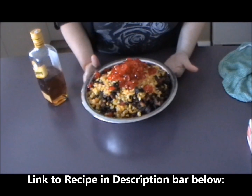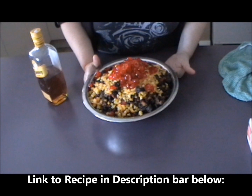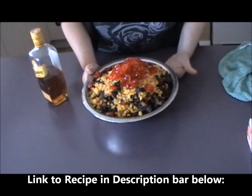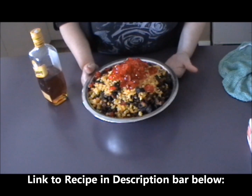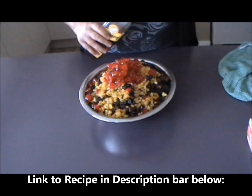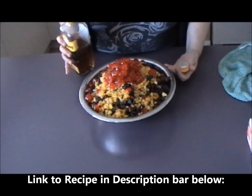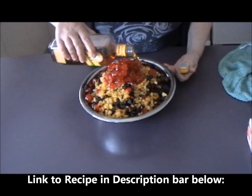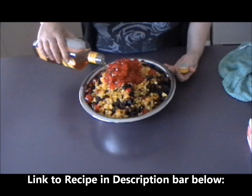So what I've put in this bowl is 2 kilos of mixed fruit, 250 grams of mixed peel and 250 grams of glacé cherries. Now I've cut the cherries into quarters just to make them a little more easily dispersed throughout the cake. What I'm going to do now is pour about half to 1 cup of alcohol